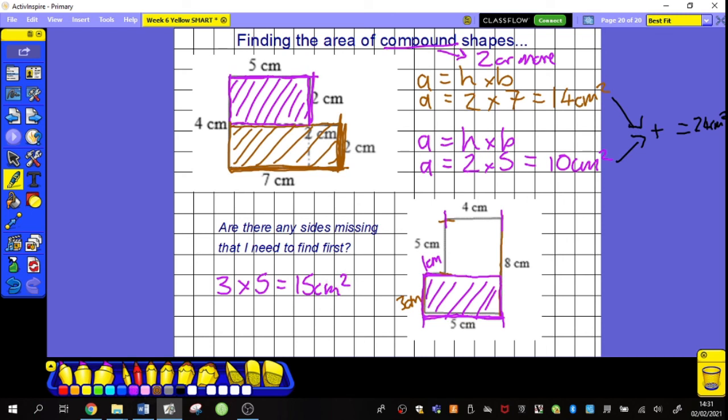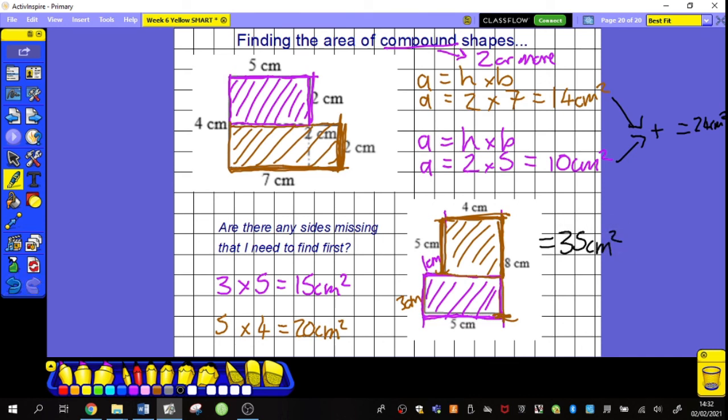I can then calculate the area of my second part. This time the height I can see here is 5. If I use 8, well that isn't right, because 8 goes all the way down to the bottom, and my brown shape doesn't go all the way down to the bottom. So my height is 5, my base is there at the top, 4, equals 20 centimeters squared, and lastly all I have to do is add them together. So my overall area must be 35, no, I apologise, 35